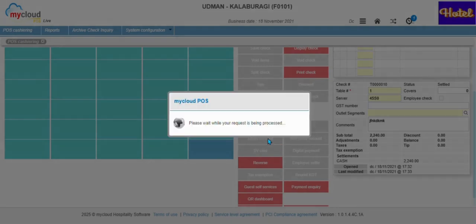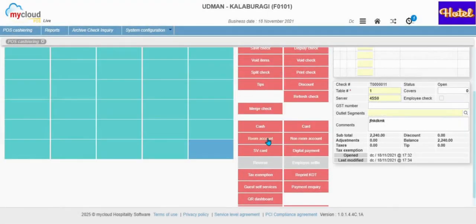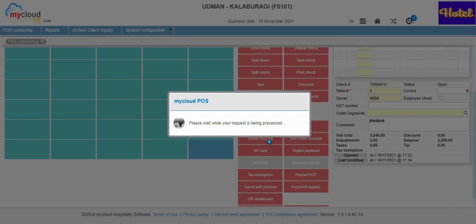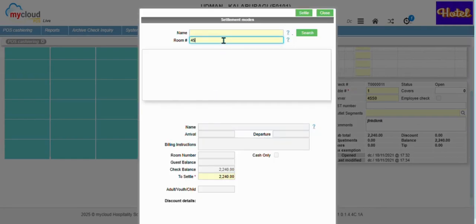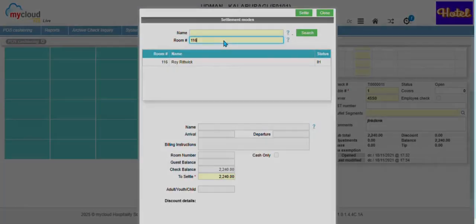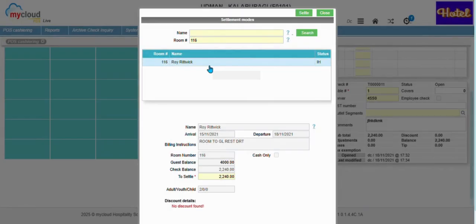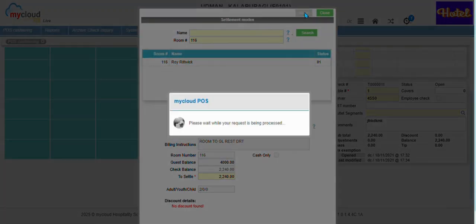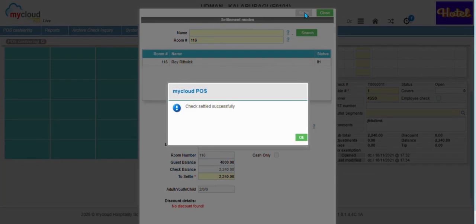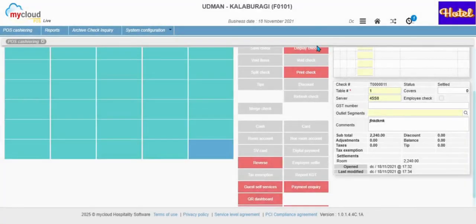So now we can reverse this one, and I would like to settle this to a room account, as it was a resident guest who is currently staying in my property, and I will be transferring this particular charge to their room number. So I'll select room account. I'll search for a room number or any room number. So just like this, the guest detail will appear. Click on the guest name, everything will appear here, and just click on settle. So now that I have posted this to my room account,